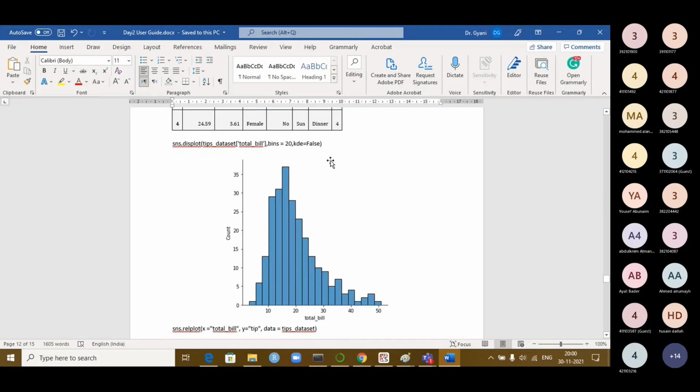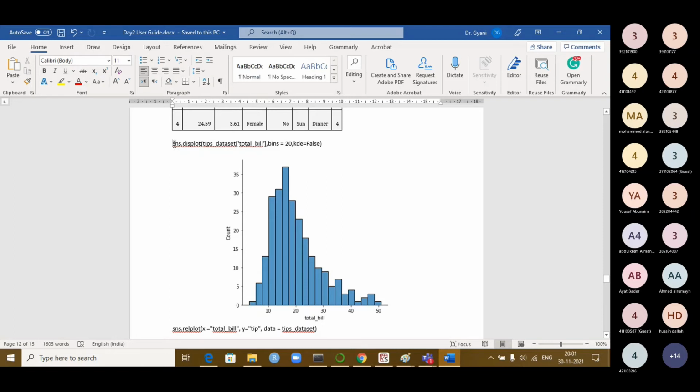So bins means I'm trying to distribute the total data into 20 bins. So usually in the statistics, bin means 0 to 10 is one range, then 11 to 20 is second range, 21 to 30 third range, like that. We are trying to distribute it now. Okay, these are called as bins now. More number of bins you have, then the more distribution of the data you have. Okay, so if you want to have the less number of bins, more data will come into that one. It's up to you based on the data sets, how many records you have. So whether your data is properly distributed or not, all that you have to consider before making this one.